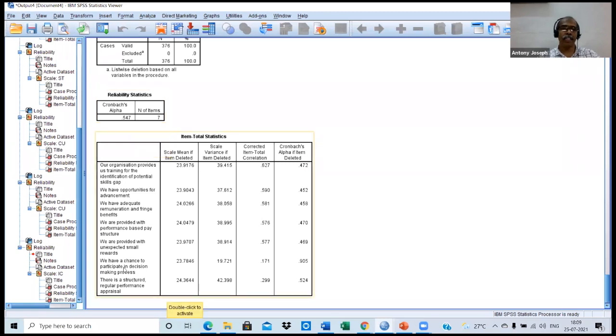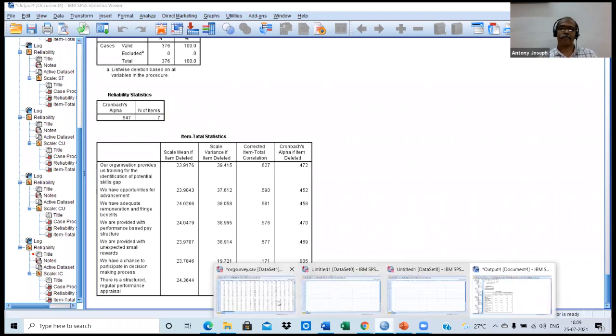If we delete this particular statement, the overall reliability of the scale can be improved to 0.905. And the item to total correlation in this case is actually lower than 0.3. So we can delete such a statement so that the Cronbach alpha of the scale can be improved to 0.905. Okay, look here how this is done.